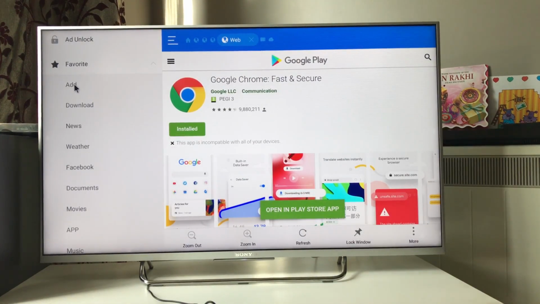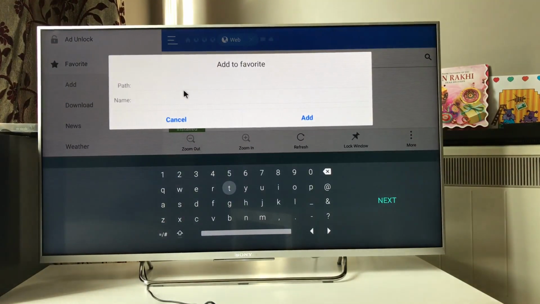So as I said, how do you do it? You just go to favorites, go to add, you just paste in any link. Let's say I just do it for Google for use. Let me do www dot, let's say, what do you want to, let me do Google again for you. So google.com,